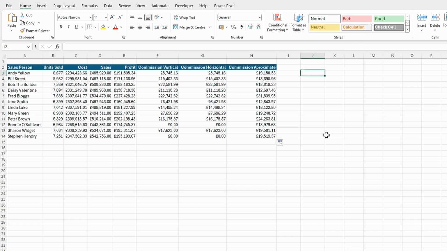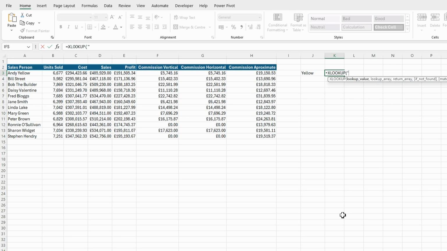Now, what about wildcards? You know, partial values. What if you can't remember the full name of the salesperson? You can only remember their last name. So let's put yellow in here. How do we handle wildcards? So I can only remember the last name. What's their full name? So if I want to return that, again, if I do XLOOKUP,